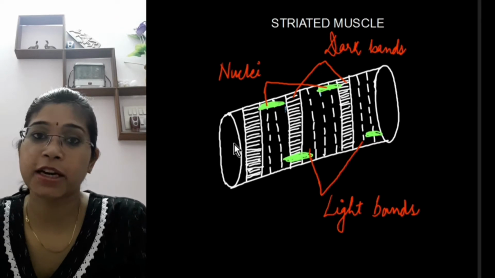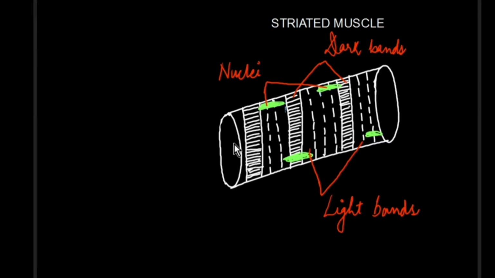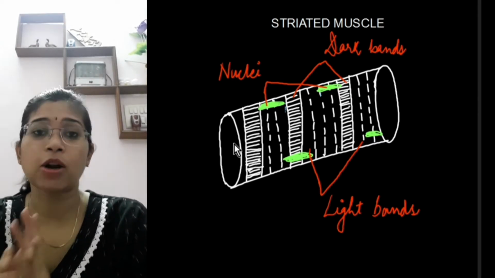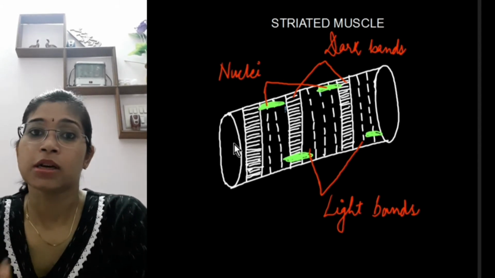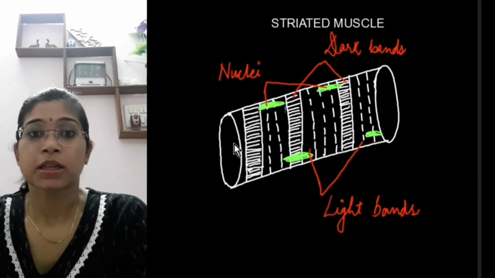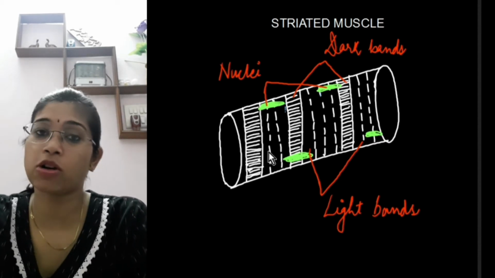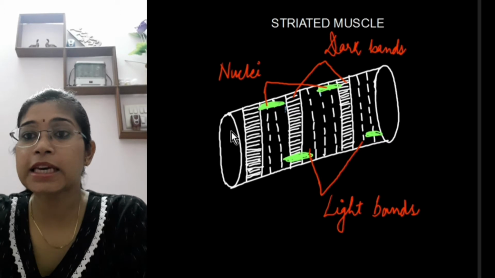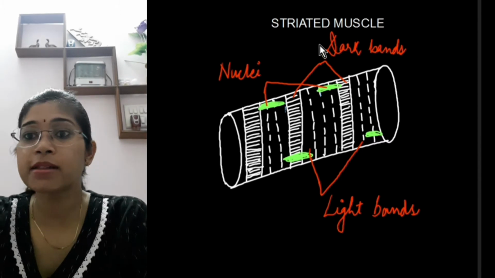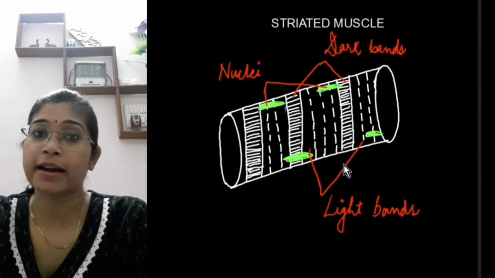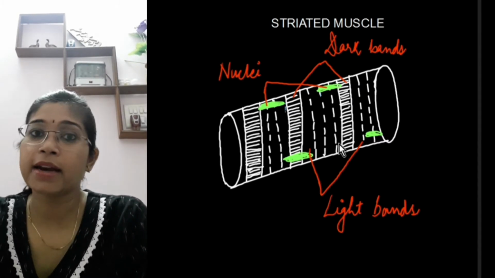The first one is striated muscle, which is also known as voluntary muscle because it is under the control of our body. If you want to move your arms, your limbs and any other body organ, then you can easily move it because in these organs striated muscle is present. These also have striations, as you are able to see here. These are the striations, that is why they are also known as striated muscles. Now each cell is multinucleated, it means many nuclei are present. Dark bands and light bands are present. These bands are helpful in causing the movement. The shape of this cell is long, elongated and cylindrical.